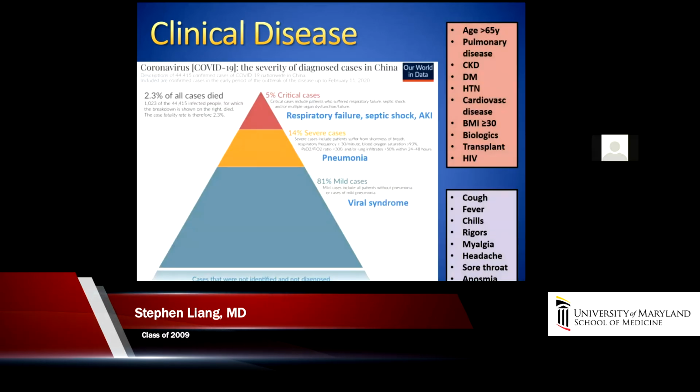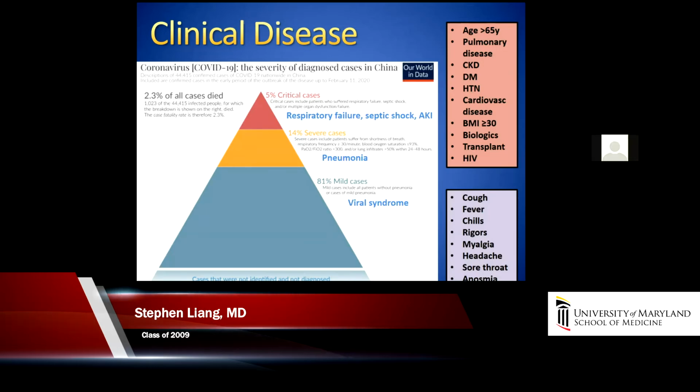This comes from a large Chinese case series. About 44,000 cases of confirmed COVID-19 in China were reported at the end of February, from what I recall. And basically, COVID-19 is kind of broken down into three categories. So your mild cases make up about 80%. So the vast majority of cases are mild cases characterized by a viral syndrome with cough, loss of smell. About 15% of cases are complicated by pneumonia, or viral pneumonia,